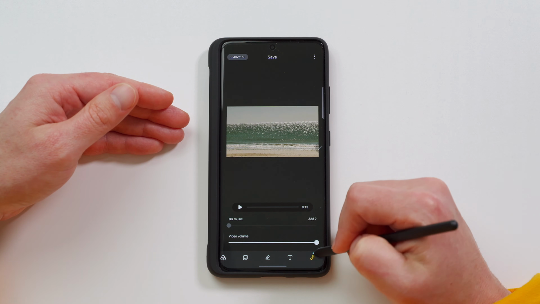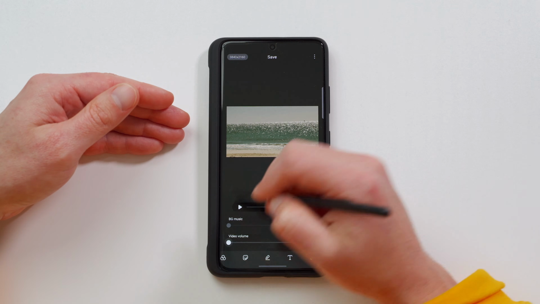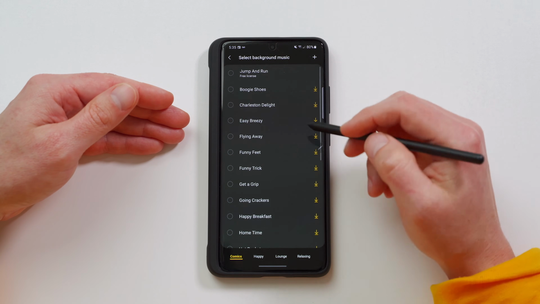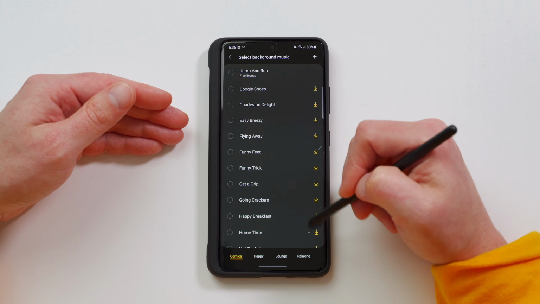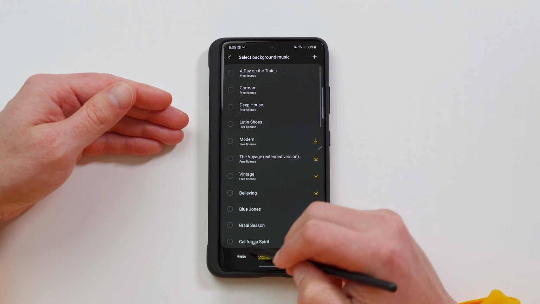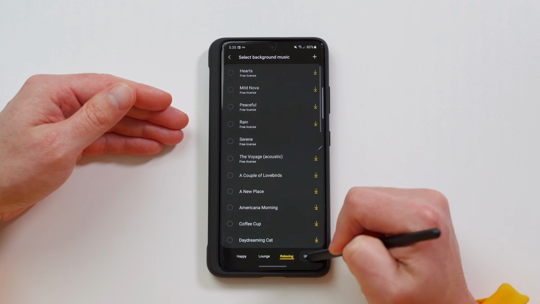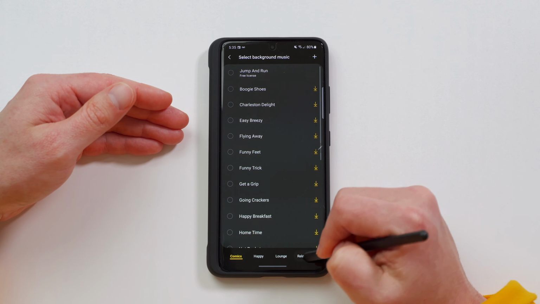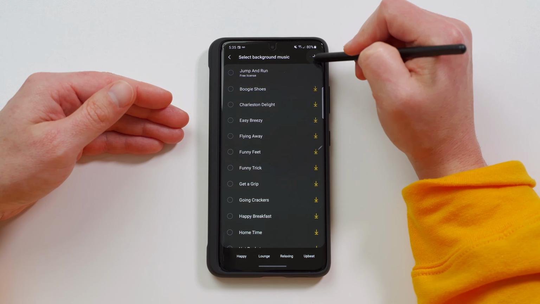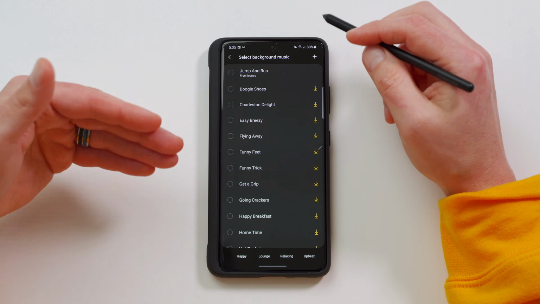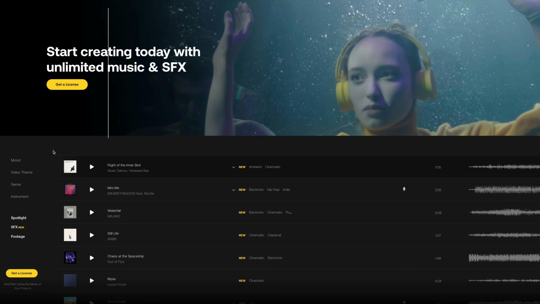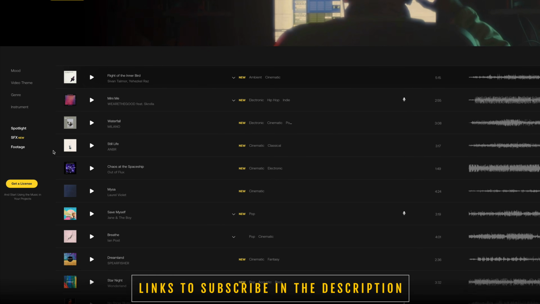And last but not least, you can decrease the video volume, and you can also add your own background music. There's a ton of free songs to choose from that you can download, and you have different categories down here, including happy, lounge, relaxing, upbeat, comics, or you can hit the plus icon and you can add your own background music, which is great because if you're a subscriber to like Artlist, which is one of my favorite places to